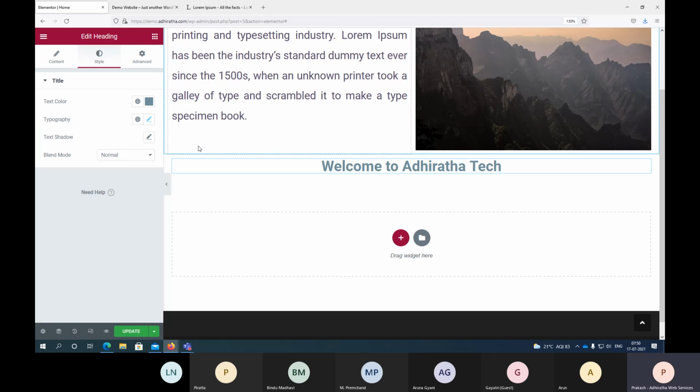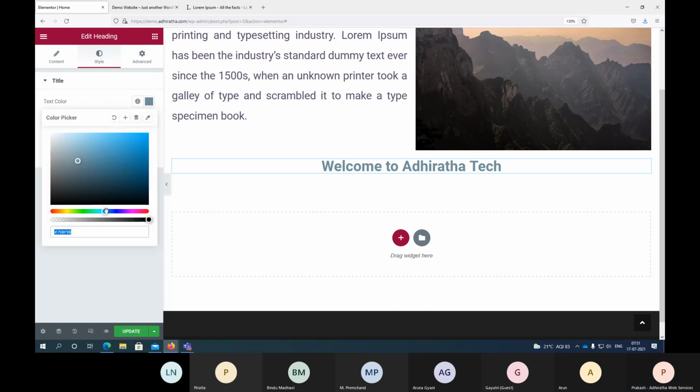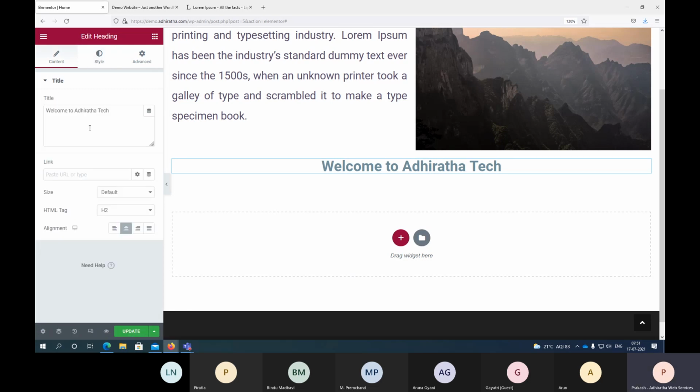Okay, sorry. What we did is, see here, I want this color to be standardized. That's what we discussed, right? So copy this color code and keep it. When you're using a particular color code, keep that recorded so that next time when you create something, you'll be able to apply the same color code. Okay, so this is done.